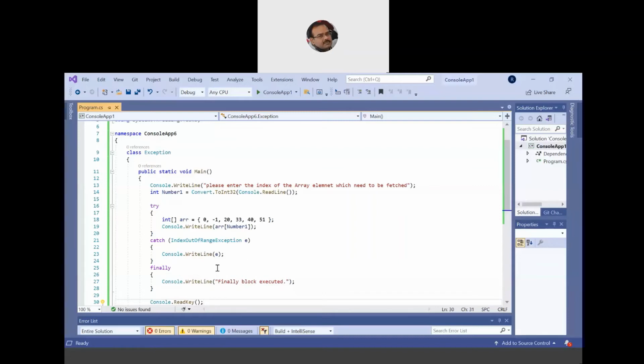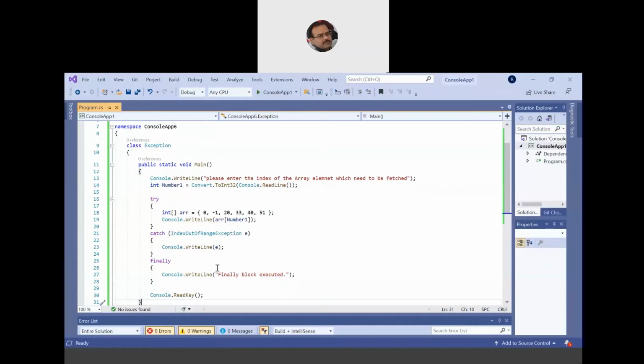So as a programmer, again I need to visualize what the appropriate lines of code are that I need to write within the try block. And again, since I am writing the code, I should be able to visualize what problem my code can create during its execution. So I should be ready with all such solutions within my catch block.